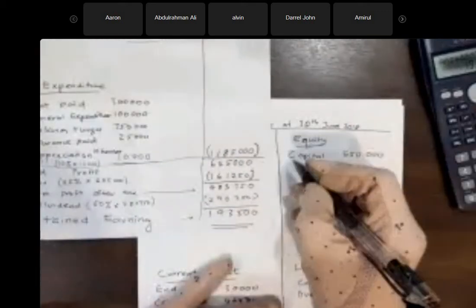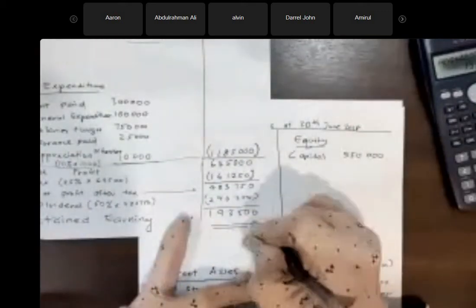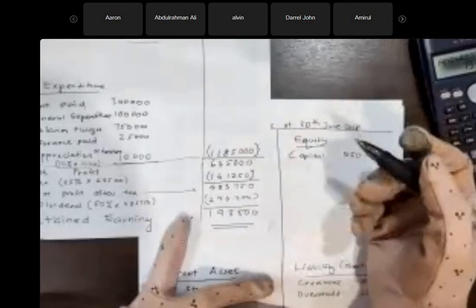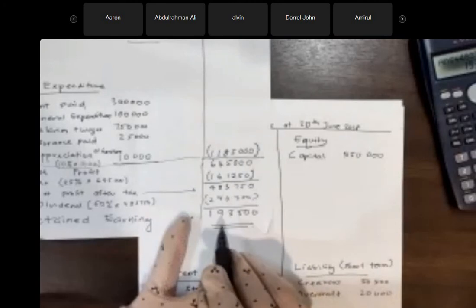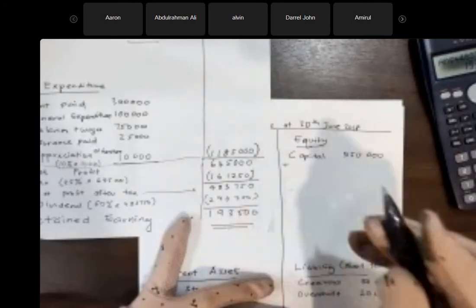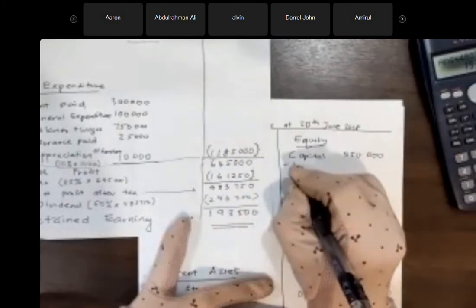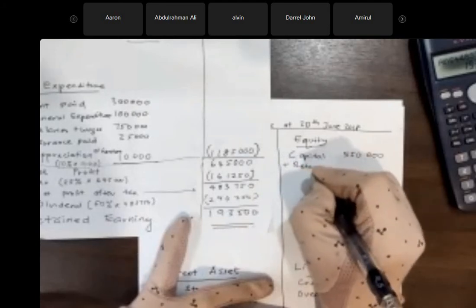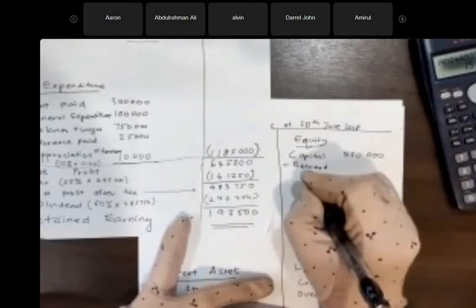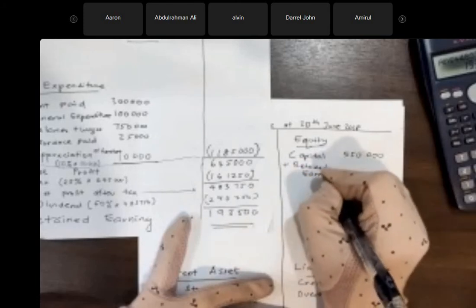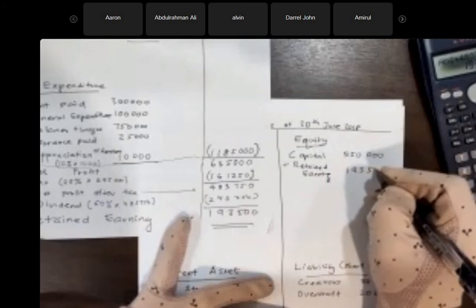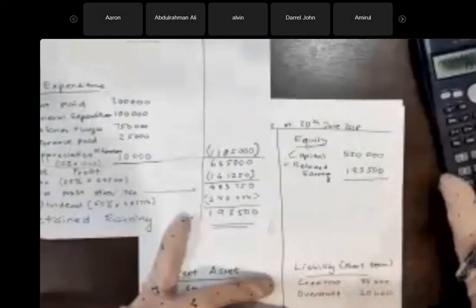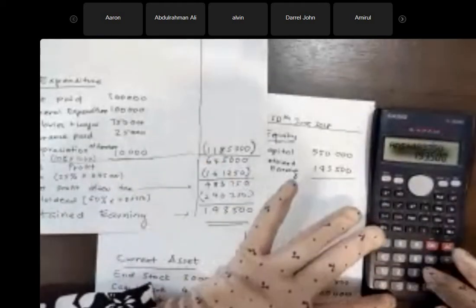Yeah, capital. So ini is profit. If you get the loss, sebab dia rugi, so you have to minus. But this one is profit. So profit you just plus lah. Retained earnings 193,500. Okay. So just plus, okay, sekarang ni 193,500 plus